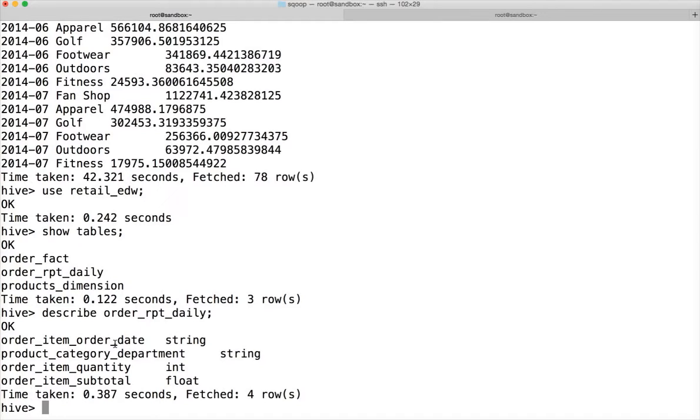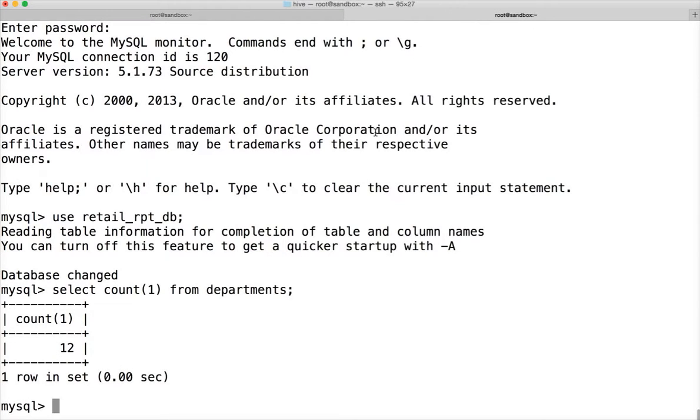So there are 4 columns: order_item_order_date, which is defined as string here, and then product_category_department, which is defined as string here, order_item_quantity, which is integer, and order_item_subtotal, which is float. But order_item_order_date is supposed to be a date, so let's create table